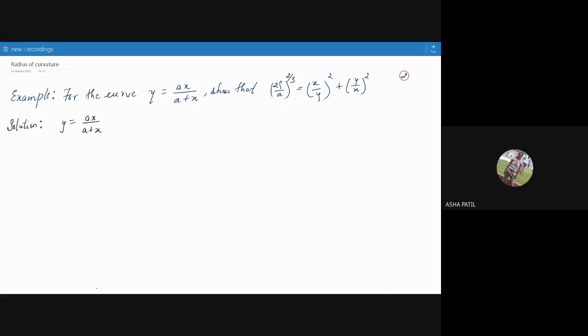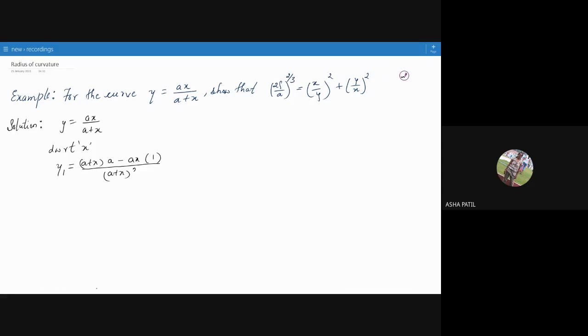As we know, the formula for rho consists of y1 and y2. So let us differentiate y with respect to x. Derivative of y, let us call it y1. We'll go for the quotient rule here because we have ax upon a + x. So denominator we keep as it is, a + x. Derivative of the numerator is a. Let us keep the numerator as it is. Derivative of the denominator, that is derivative of a + x, is 1, whole divided by